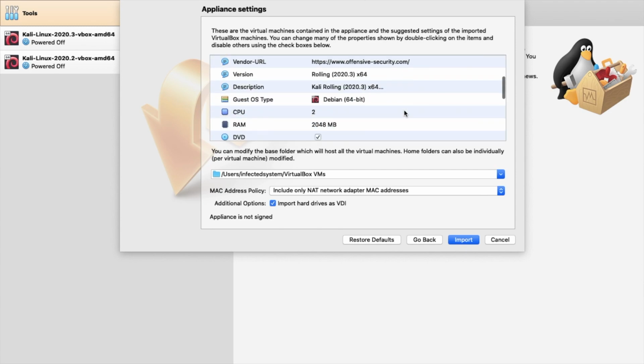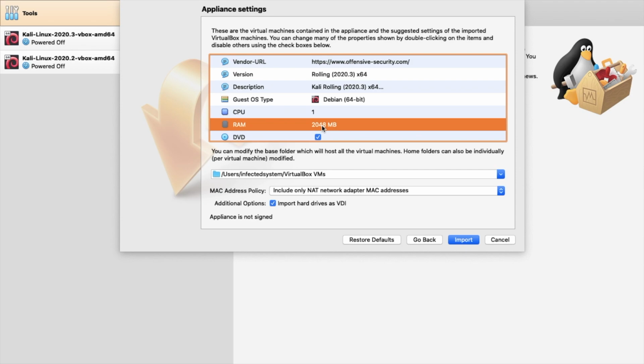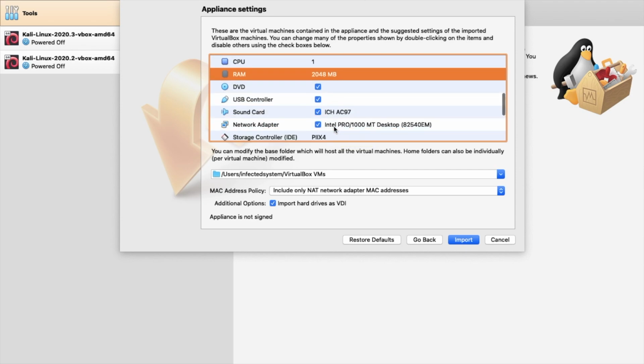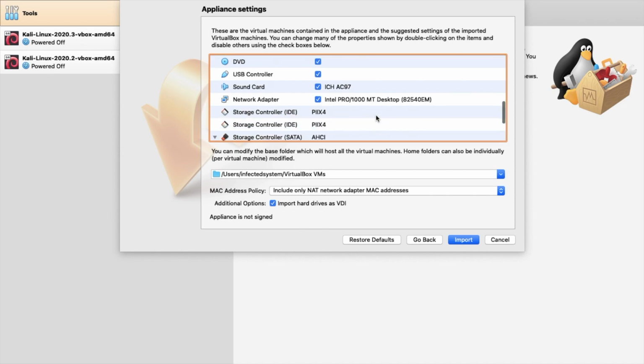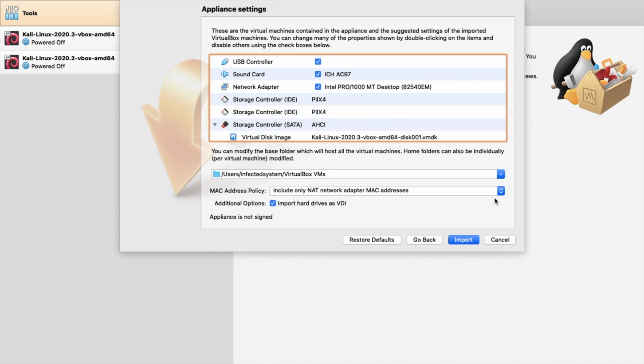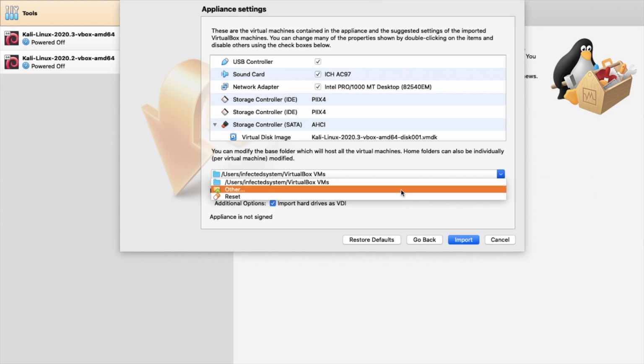I'll keep it like this, and if you want to allocate more CPUs or fewer CPUs, you can modify it here. I'll modify it to 1, and the default memory requirement is almost 2 GB. If you want a faster boot up, you can provide more memory. Finally, you have to select the folder or the location where you want to keep the files.